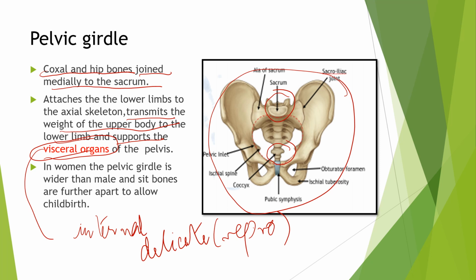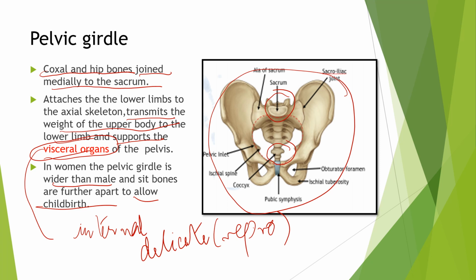Now we can say that there is a difference between the women's pelvic girdle and men's, because the pelvic girdle in women is quite wider than that of the male, and the sit bones are further apart as they allow childbirth. So this pelvis is playing an important role. The bone arrangement is different in females because they are allowing childbirth. So it is different. We have told that they are supporting the lower body and helping the lower body